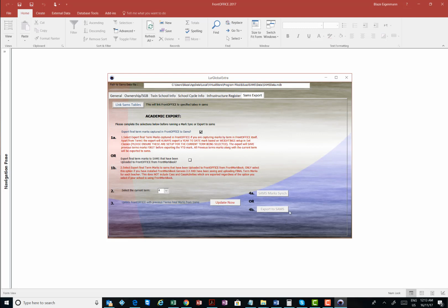And then you can do a full export, and then if there's more marks to come in after that, you needn't do a full export again. You can come in here and choose the first box, choose term 4, click update now, and then do a mark sync. So just to reiterate what I've mentioned before, the export to SAMS is a full export,